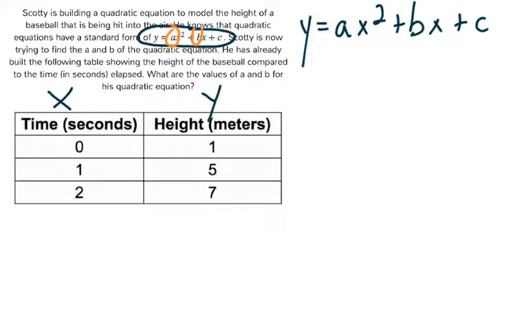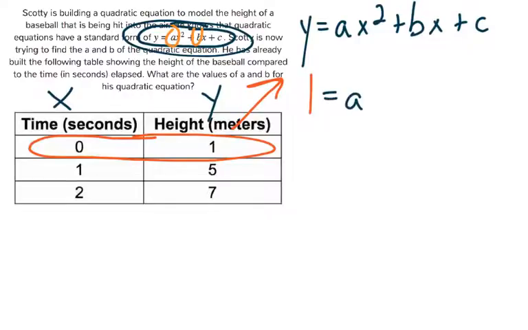Alright, this one takes a lot of plugging and calculating. And you always want to start with the point 0, where x equals 0. And in this case, the height is 1. So I'm going to plug these points into that equation and solve. That will give me part of this standard form that we're looking for. So let's get started. The y is 1